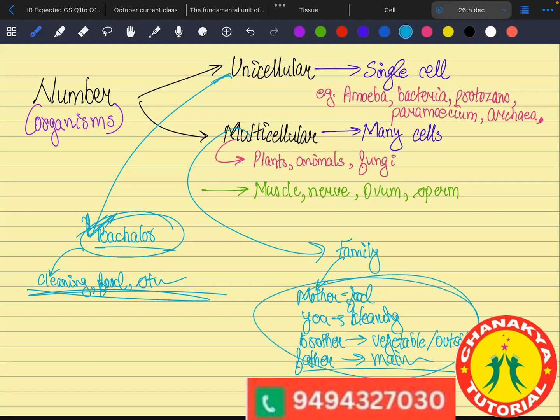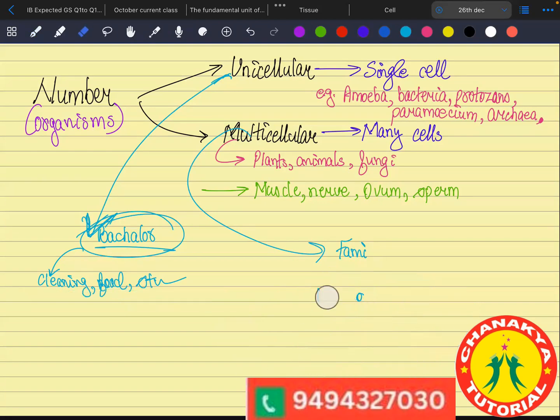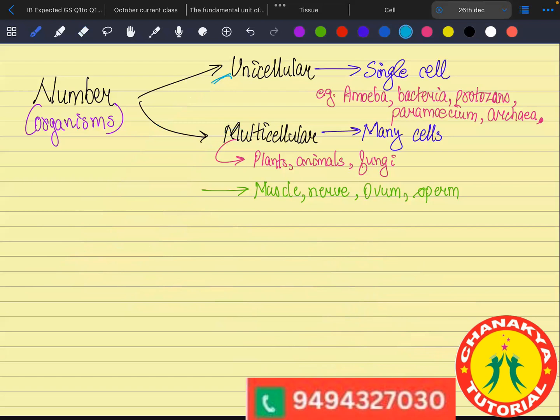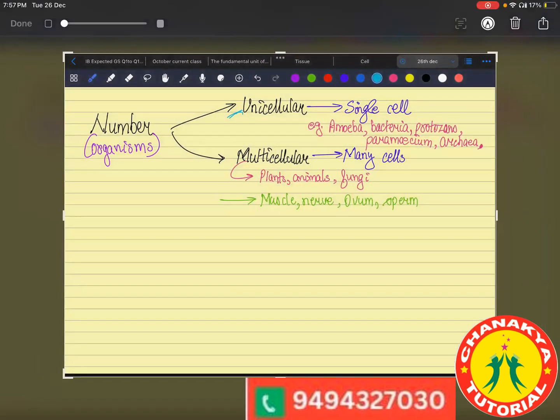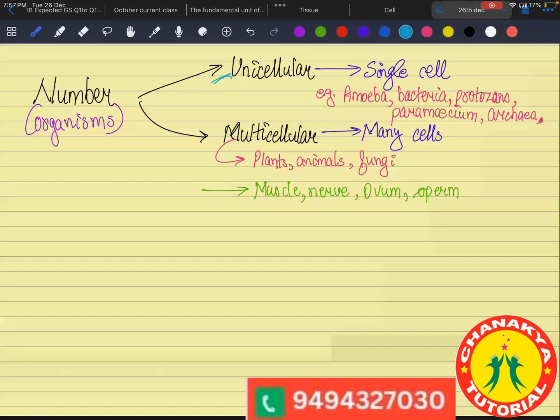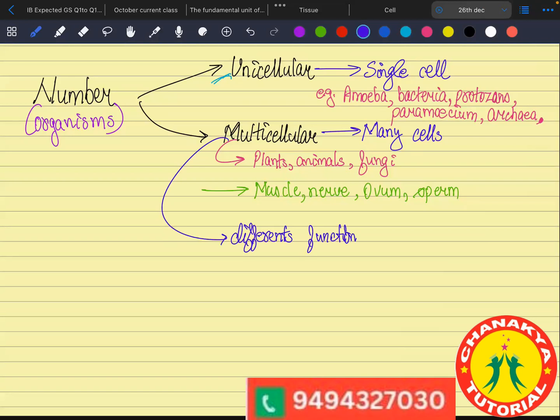So here in the multicellular, every work is done by a specified cell. These were only examples, but in a multicellular organism, every work is done by a specified cell. Different functions are done by different cells. Whereas in unicellular,